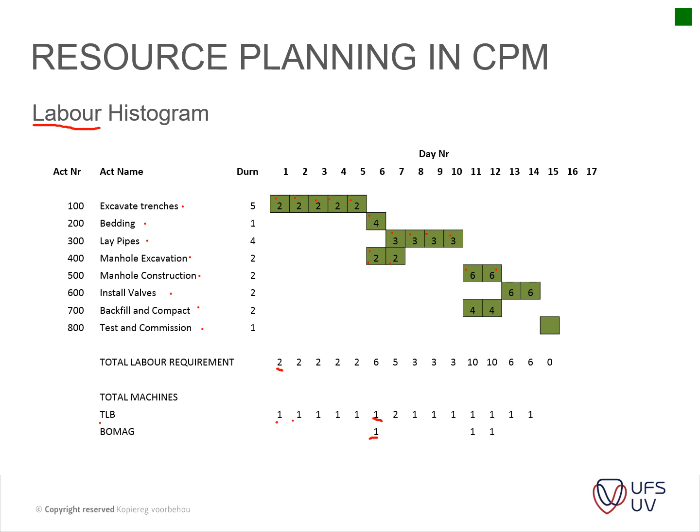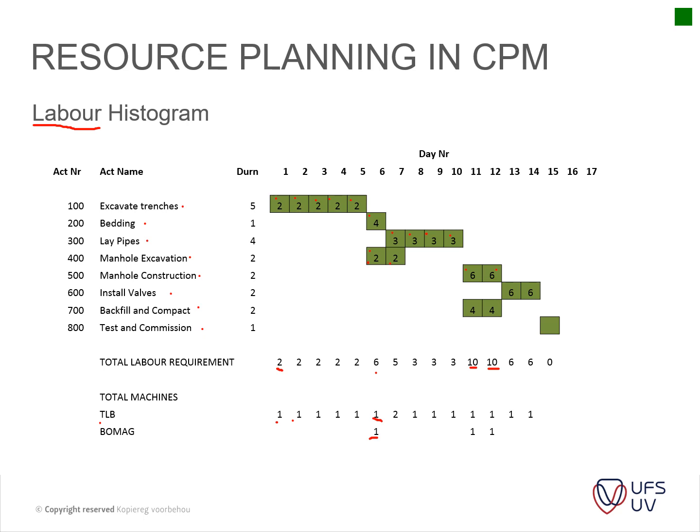So it's very simple. You take your Gantt charts according to your planned amount of work, and then you allocate resources to that in your Excel spreadsheet, and per day you add it up. So you can see on day 1 I need 2 laborers, up to day 5 you need 2 laborers each day, and then on day 6 you need 6 laborers, and so forth. And on day 11 and 12 you actually need 7 or 10 laborers.